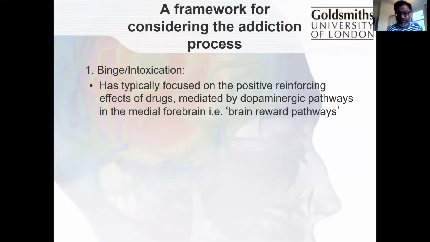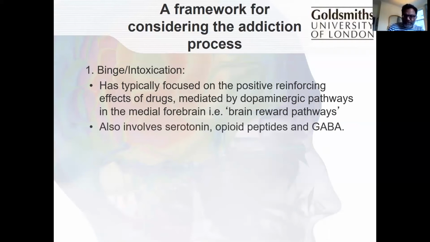It's because it feels good, and that's because of the brain reward pathways. So that's how the binge intoxication starts. And it also involves other neurochemicals, so serotonin, opioid peptides, and GABA. But I'm not going to go into those because I don't know about them. But just so you know that dopamine is the big one, but there are these other guys as well that are relevant to